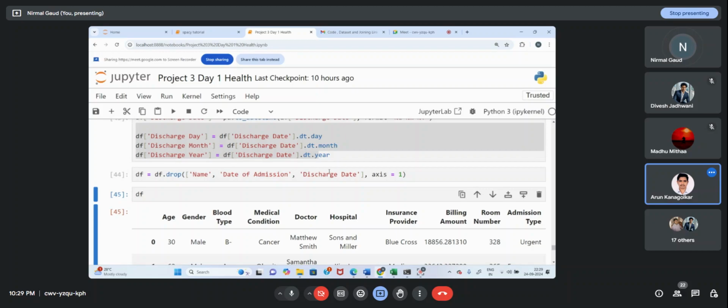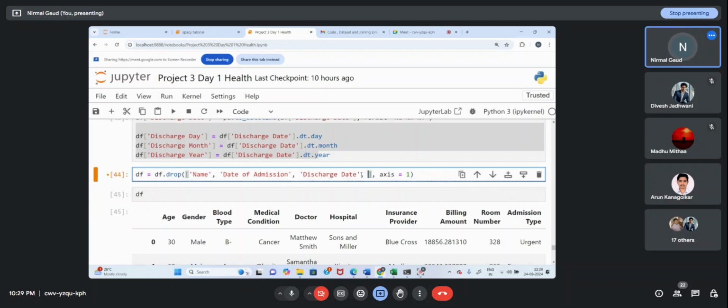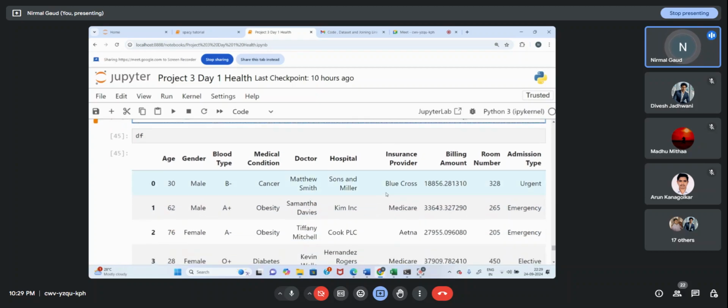So name, admission date, discharge date, then room number can be dropped. And what else can be dropped? Okay, let me put doctor also. Doctor also dropped. What about hospital and the insurance provider? Hospital and the insurance provider,